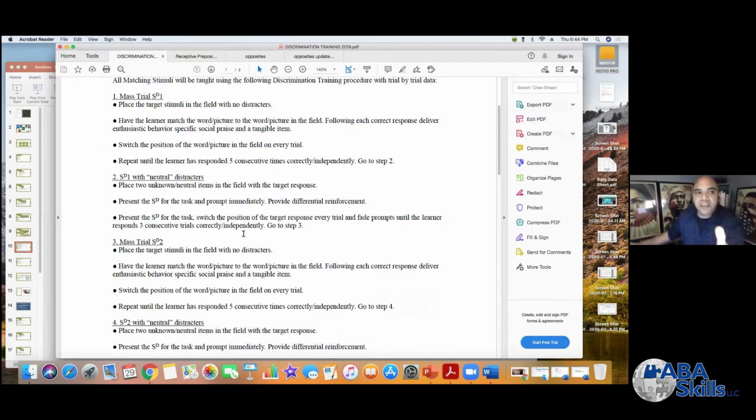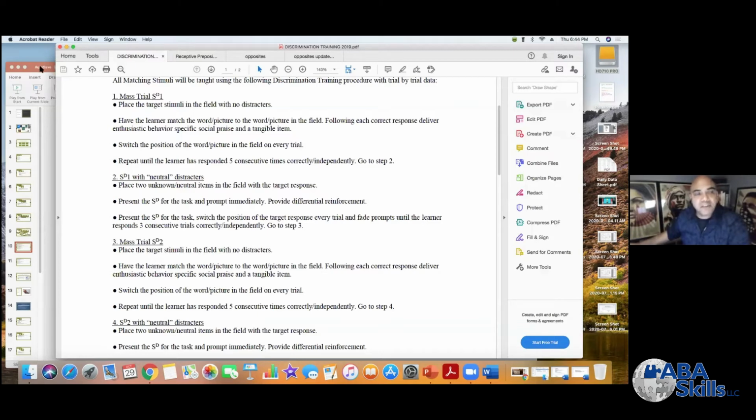if you use this discrimination training procedure and you get stuck, then feel free to email me and say, hey, Ray, I'm doing this with this kid. I'm on step 3, and he keeps making this error and this and that. What am I supposed to do? Because maybe you need collapsing trials. Maybe you need expanding trials. Maybe you need some field replication. Maybe you need some other form or variation of this discrimination training procedure to fix whatever errors your learner is engaging in. So,